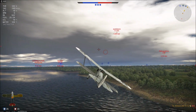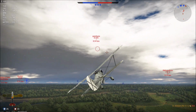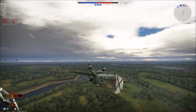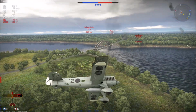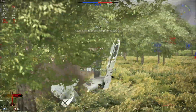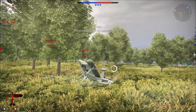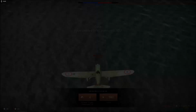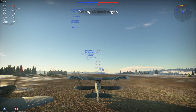Here he comes. And he's brought a friend, an F3F. Those things are very dangerous. And he tears me apart. And we're too low to bail out. So we go into a flat spin, but I don't think we're going fast enough to crash, and yes, we survived the landing. Which means that we can walk away from it and call it a success. All the same, well done, Mr. Biplane. So, next battle, we're here in the